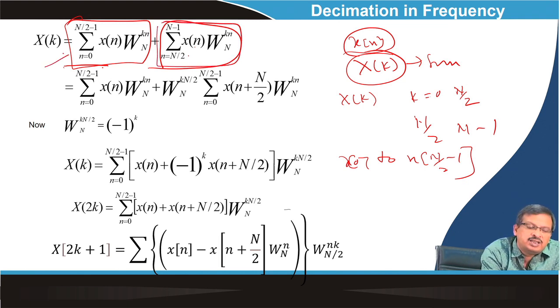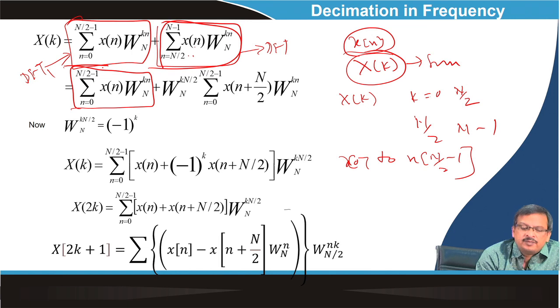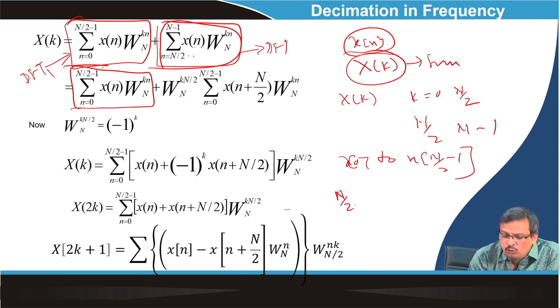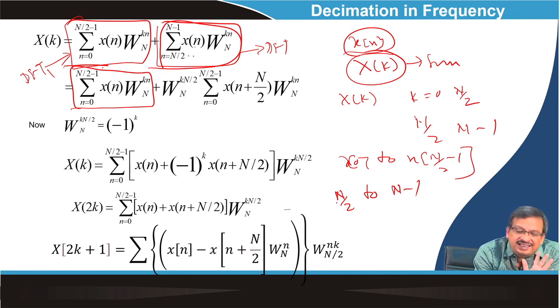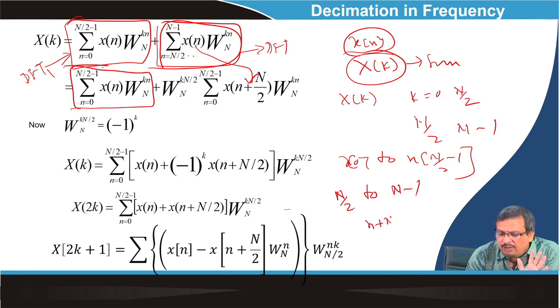So, this is DFT number 1 and this is DFT number 2. Here the summation varies from N by 2 to N minus 1, but the length is N by 2. If this index is changed to n plus N by 2,